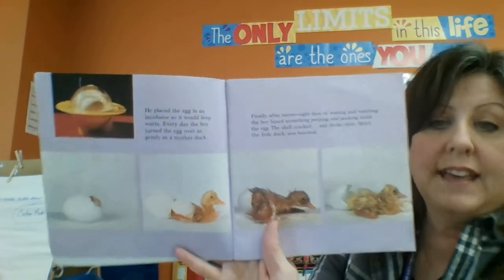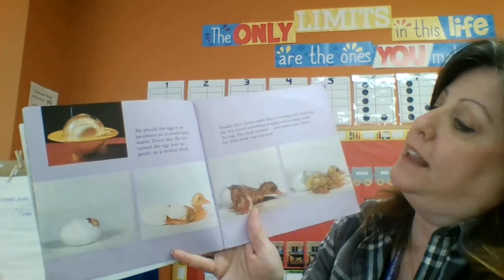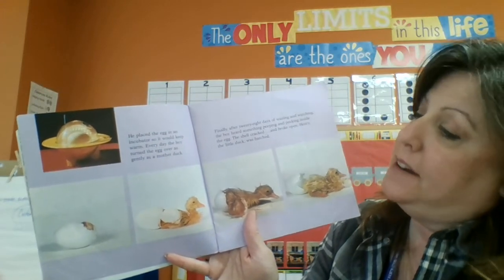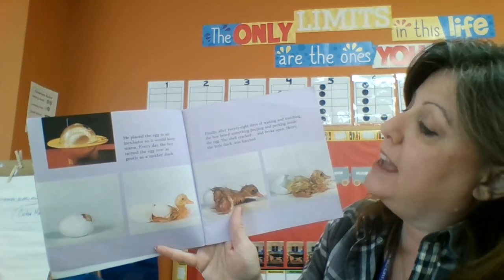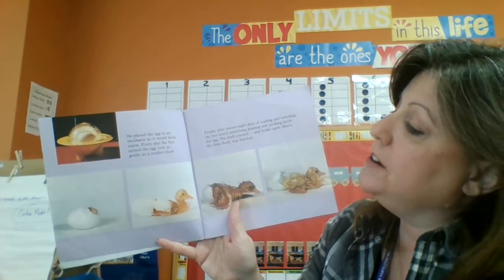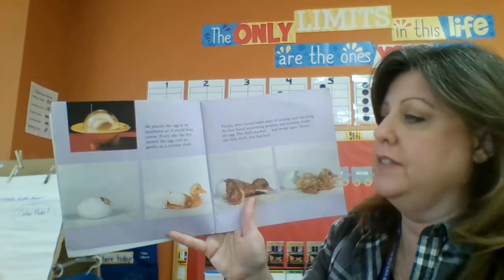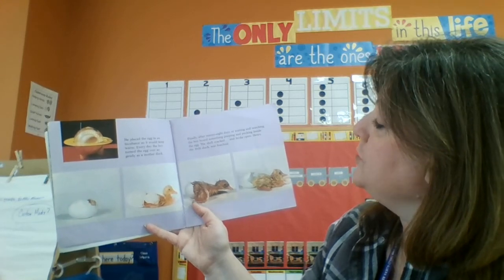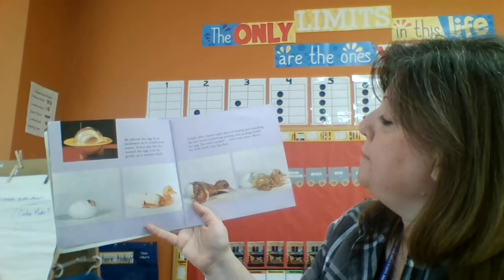He placed the egg in here. This is an incubator. He placed the egg in an incubator, which is something they have on farms sometimes, to keep the egg warm. And every day, the boy turned the egg over as gently as a mother duck would turn the egg. Mother ducks do that every day. They turn their eggs. Finally, after 28 days of waiting and watching, the boy heard something peeping and pecking inside